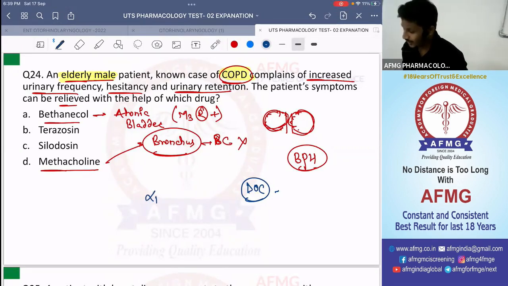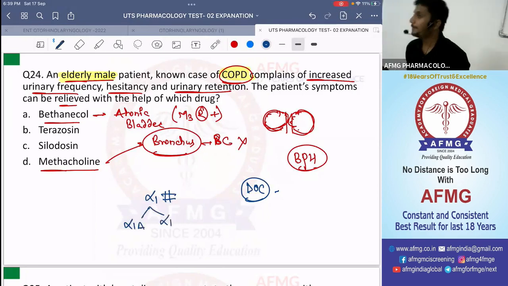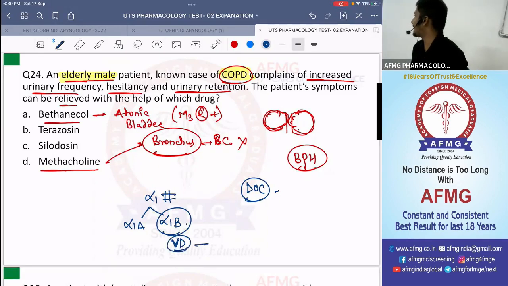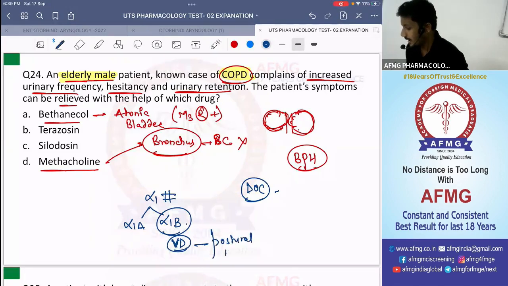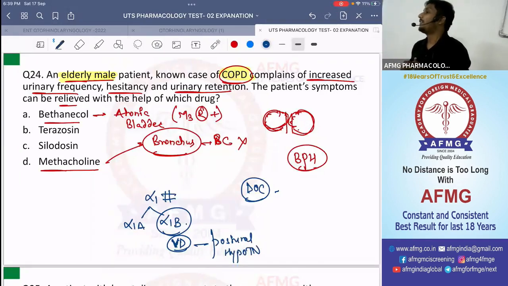there are alpha-1 receptors. Okay? So alpha-1 blockers can be used. But what is the problem with alpha-1 blockers? These will block alpha-1A as well as alpha-1B receptors. If the alpha-1B receptors on the vessels are blocked, that can cause vasodilation. Blockage है ना, तो vasodilation होगा, and that can lead to which type of hypotension? Postural hypotension, which is a side effect associated usually with alpha-1 blockers, non-selective alpha-1 blockers, drugs like prazosin or